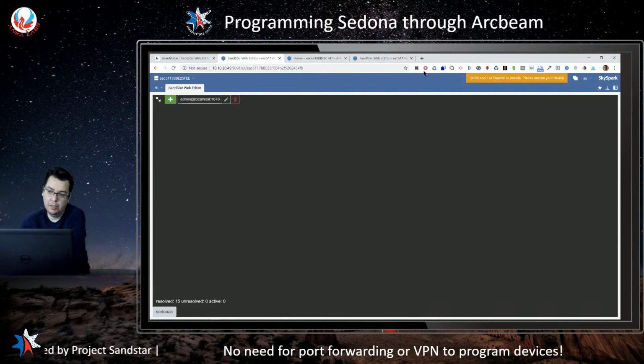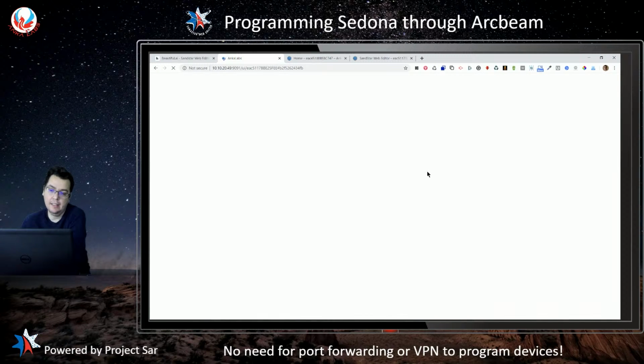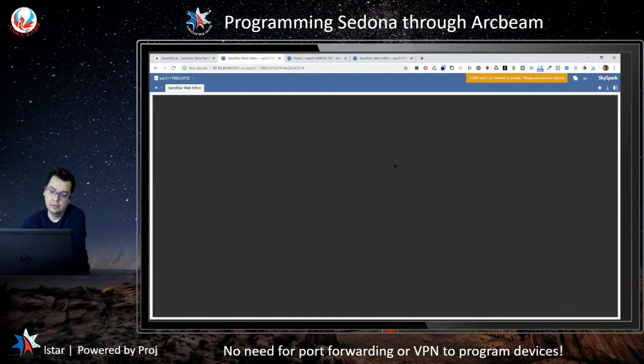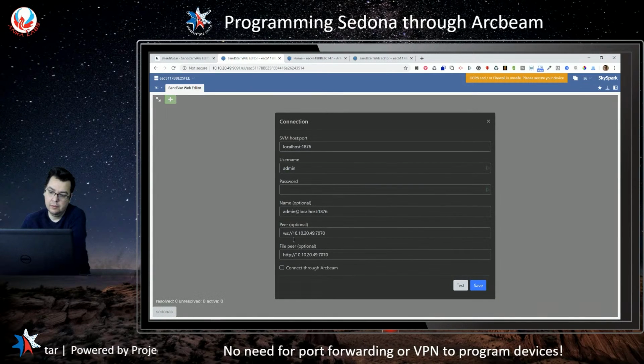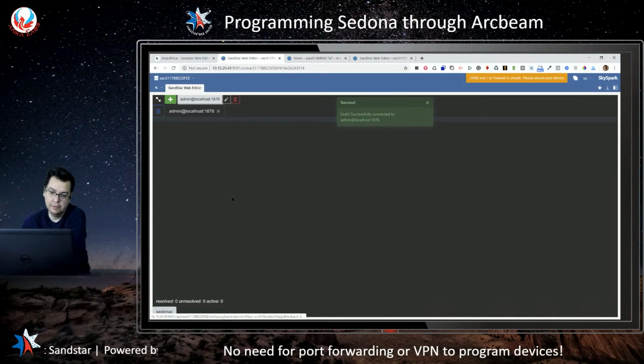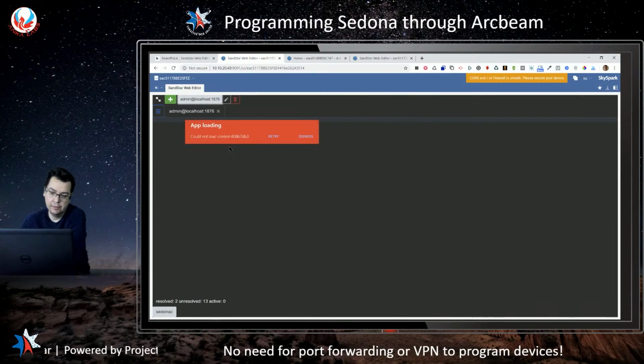This is already loaded, so I'm just going to refresh the cache so that we have it exactly blank and we start from scratch. Go to SendStar Web Editor. It's going to pop up a window for us to log in. We'll say connect through ArcBeam, test, save, connect, retry,